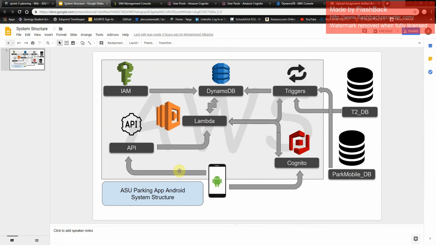So looking at how this is all going to work out, we have our two data sources which are connected to DynamoDB and ultimately triggered to give DynamoDB data. It is converted from relational databases to NoSQL databases, and those triggers are triggered every minute. So every minute DynamoDB will be updated with real-time occupancy data of parking lots, and I will be covering how